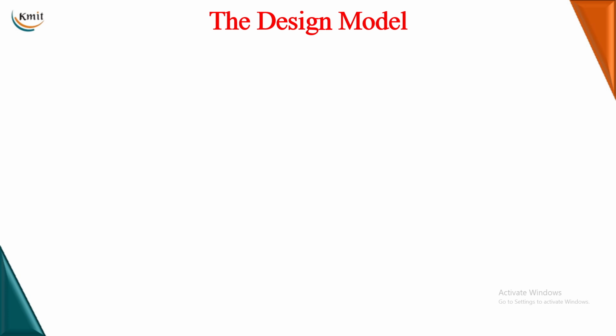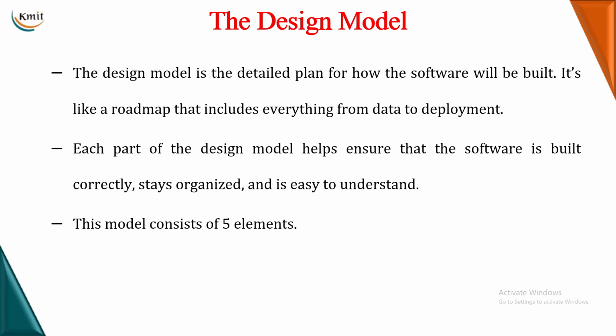Design model is basically a detailed plan of how we are going to build our software. It is a detailed plan telling how my software will be built, and it will be evolving over time. Generally your design models will use various UML diagrams to represent the different aspects of the system. Using these UML diagrams, you will understand the different aspects of the software that I am developing. That is called the design model.